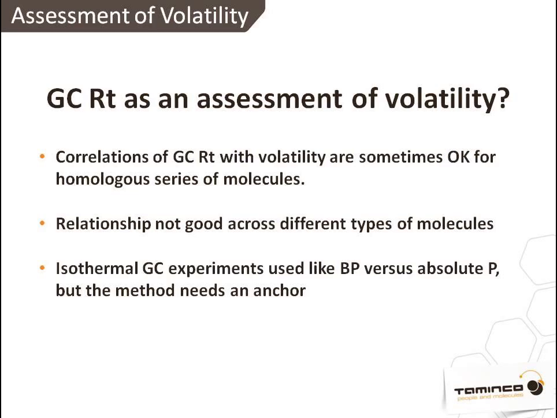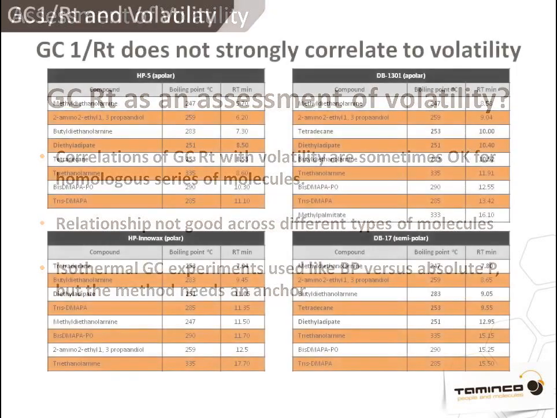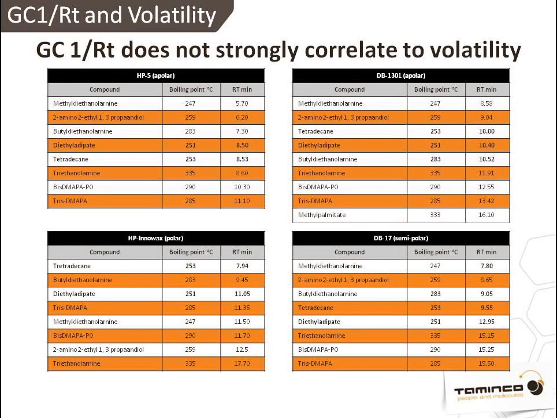Now, here's an array. There are three things that influence GC retention time, and this is why I refer to it as an indirect correlation with vapor pressure. The stationary phase polarity has a big impact on the retention time, but there's also an impact of relative volatility, which occurs through the particular temperature ramp chosen, and there's also an important impact of entropy of vaporization. The entropy of vaporization of a molecule into air at atmospheric pressure or close thereof is a lot different from the entropy of vaporization into helium or hydrogen running at slightly elevated pressure. Nitrogen is a lot better, so if the helium shortage continues and everybody switches to nitrogen, we may eliminate the issue